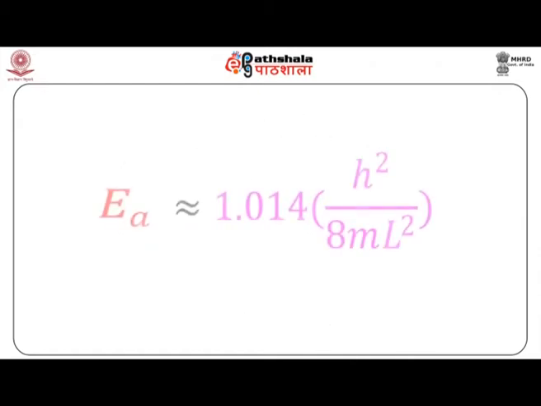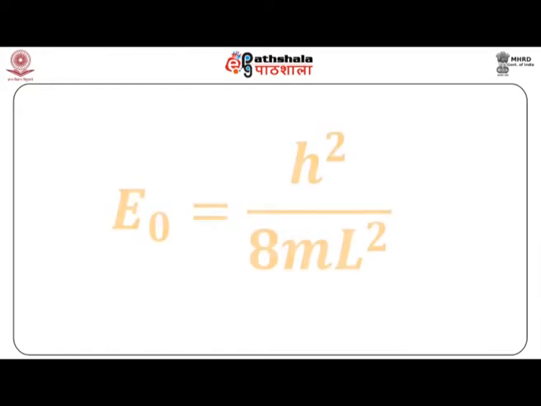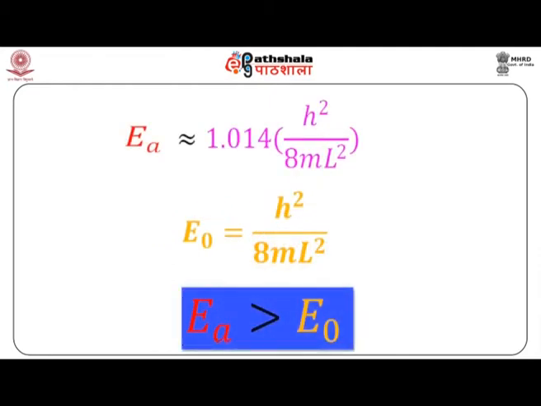Comparing equation 6, that is 1.014 into h square upon 8 m L square, with equation 7, which is h square upon 8 m L square, shows that the approximate energy E_A is greater than the ground state energy E naught as shown in equation 8. This proves that the variation method calculates an upper bound to the ground state energy by using an appropriate